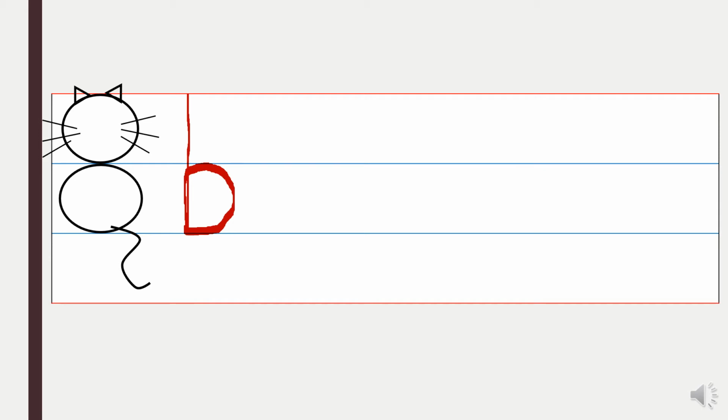Now the next letter that we're going to see is the letter. Very easy to write. You have to start a little bit below the top red line and you give a curve, come down to the blue line and give a sleeping line. Both these letters are head and body letters.